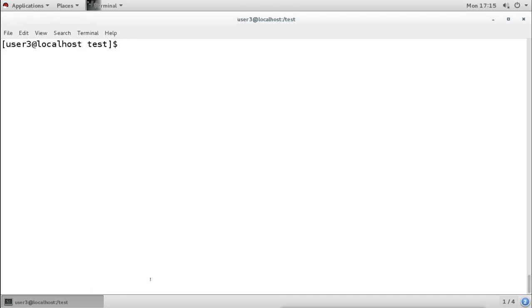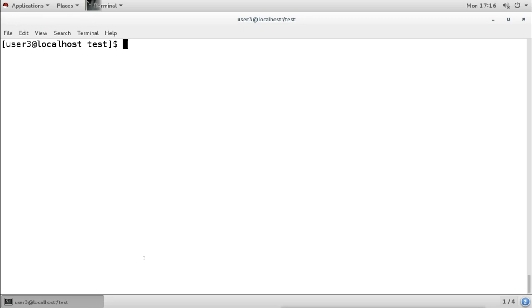The problem is that when you give write permission to a user on a directory, they can create a file and also remove a file. And removing means any user's file, even the root user's file, can be deleted. So we don't want a user to delete other users' files. Then what can we do? We can enable the sticky bit, and that is why I told you that the sticky bit is useful for directories. We can do this for a file also, but it is not useful.